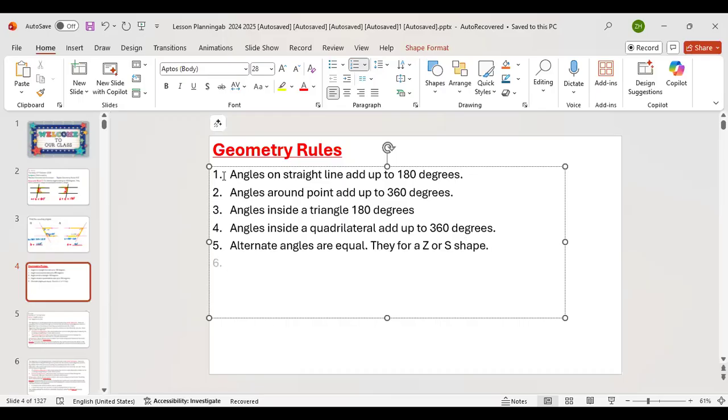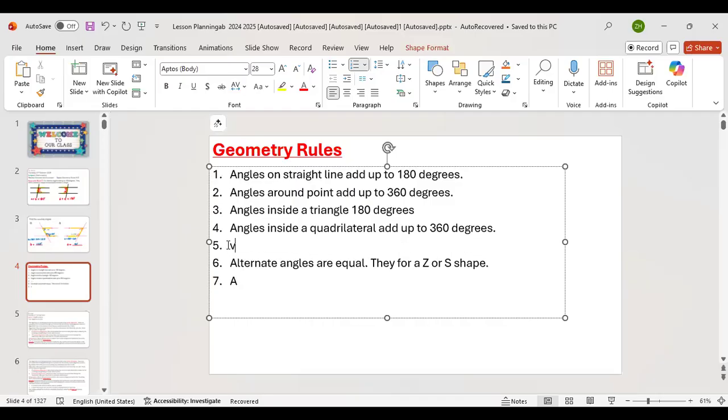The sixth one was... no. The first one was vertically opposite angle. The fifth one was vertically opposite angle. So vertically opposite angles are equal. And we have alternate angles are equal. I mean, yeah, they form a Z shape. Then we have